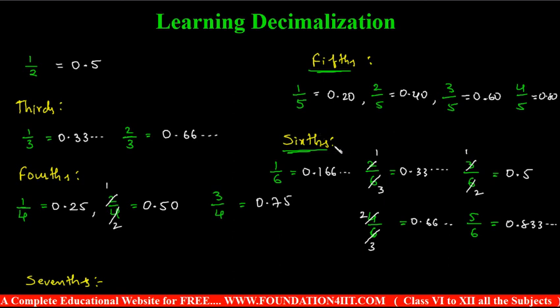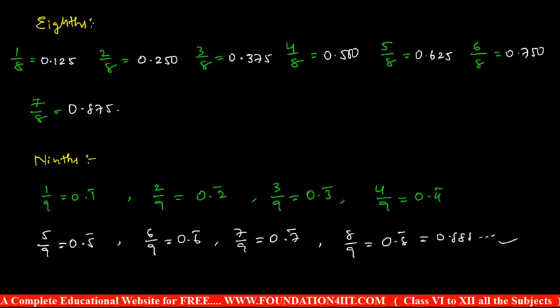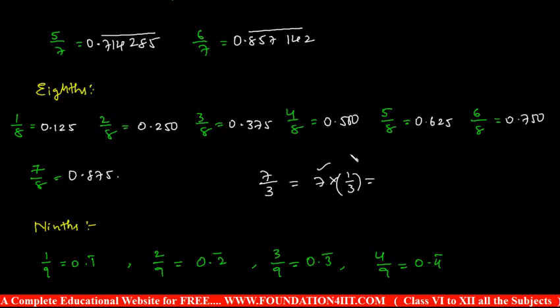If you can remember these slightly, you can do multiplication also. For example, if they ask 7 by 3, this is nothing but 7 into 1 by 3, right? So the 1 by 3 value you already remember from this. Just multiply it with 7. In that way also we can reduce divisions into decimal form in a simple way. It's a simple trick. Just try to remember.